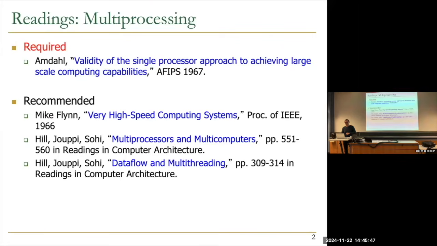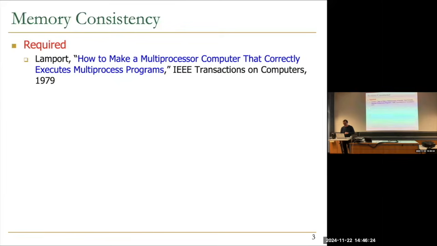These are some readings. I put Amdahl's paper as required. You'll read it, hopefully. How many people have already read Amdahl's seminal paper? No one? No one took DDCA here? If you've taken DDCA, it was an extra credit. You would get 1% of the course grade for completing a review of it. Yeah, it's an important paper to read. And this is the full title, as you can see, Validity of the Single Processor Approach for Achieving Large-Scale Computing Capabilities. And we've discussed that.